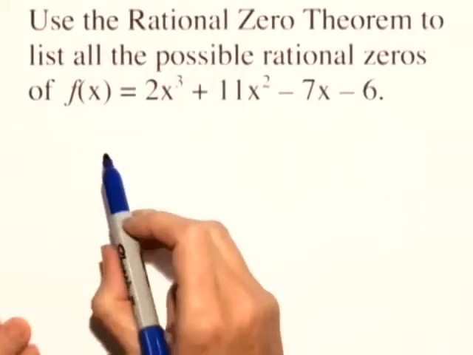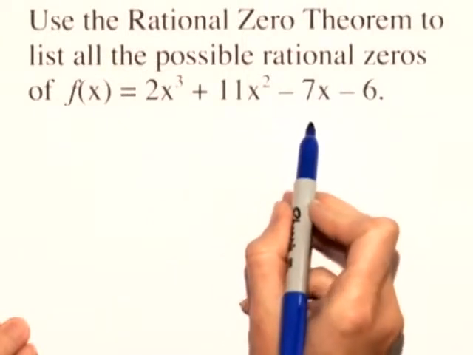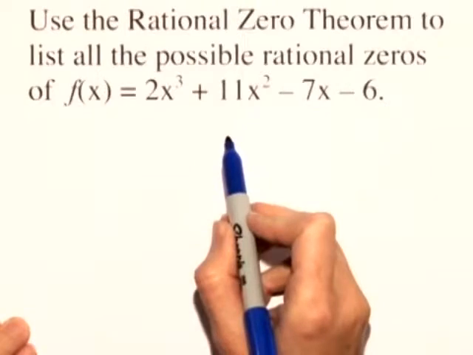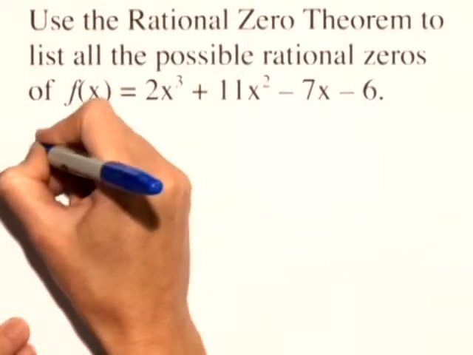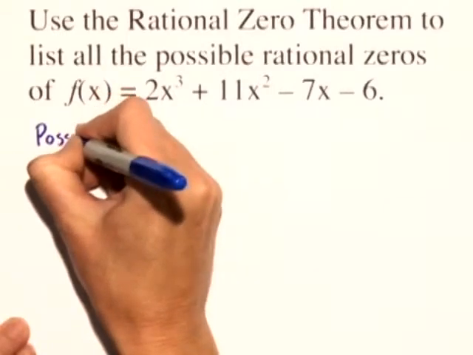For this polynomial function, we're going to list all of the possible rational zeros. So we have f of x is equal to 2x cubed plus 11x squared minus 7x minus 6. And we need to use that rational zero theorem. Remember, the rational zero theorem says that the list of possible